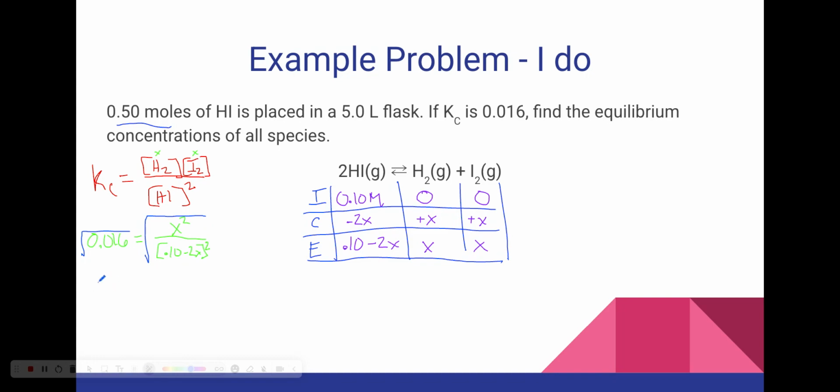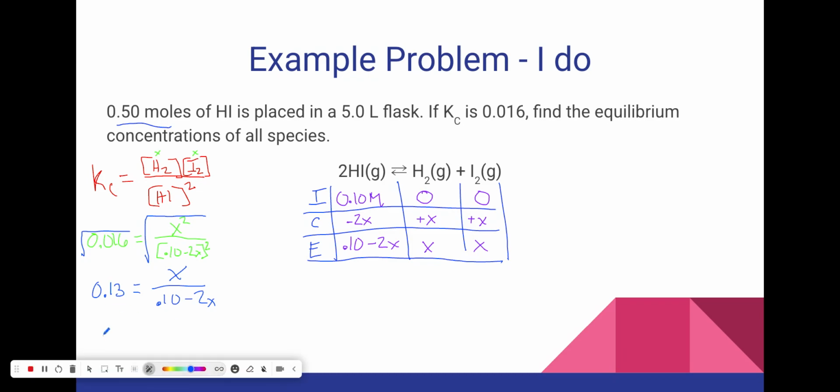When we do that, guys, we're going to get 0.13 is equal to x divided by 0.1 minus 2x. Now from here, guys, all we're doing is solving for x. So I'm going to move this out of the denominator and I'm going to distribute 0.13. When I do that, I get